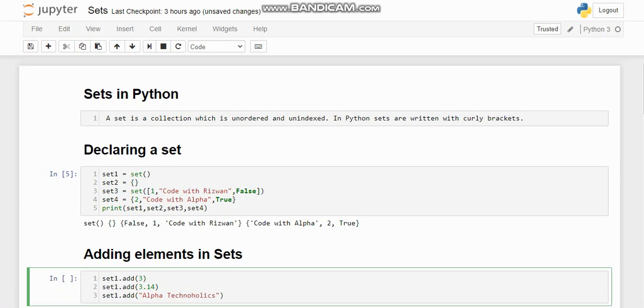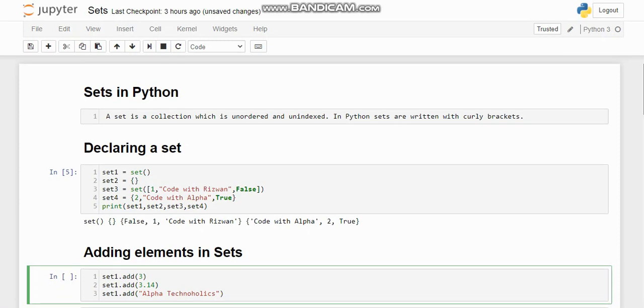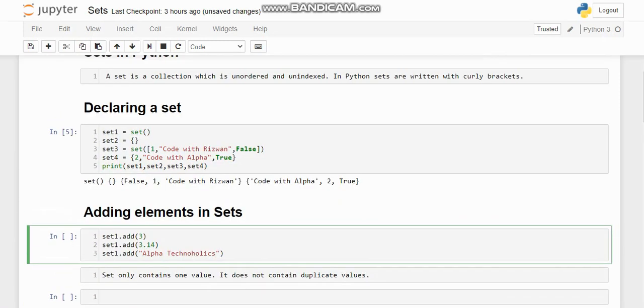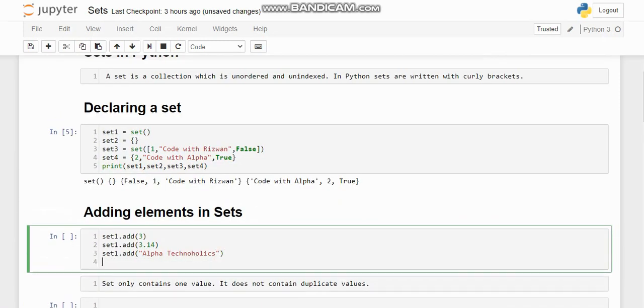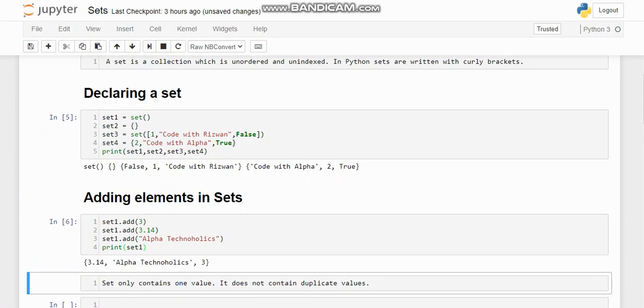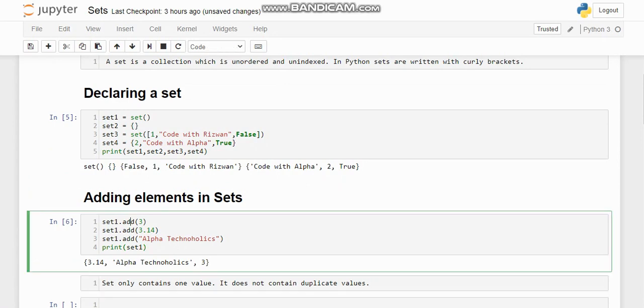After doing this we will print it and see whether it is getting added or not. Now if we run this, it got added, but not in the order in which I used the add function.